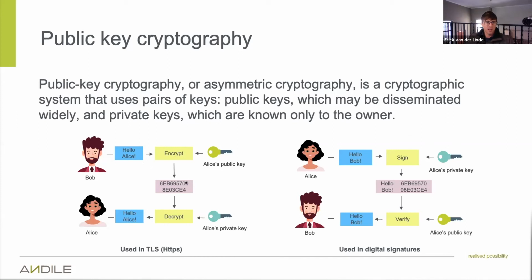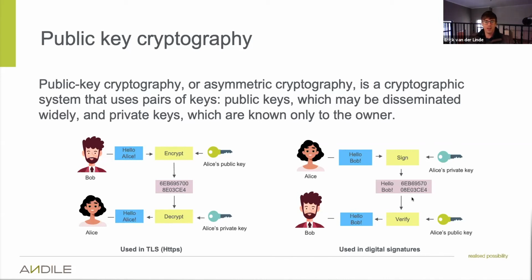Now, as you can see, once you've encrypted this, this yields some funky value that is unreadable to anyone without Alice's private key. So once Alice receives this message, she uses her private key and she can read the message again. Hello, Alice. So this is a typical use case of how HTTPS or TLS makes use of cryptography to secure